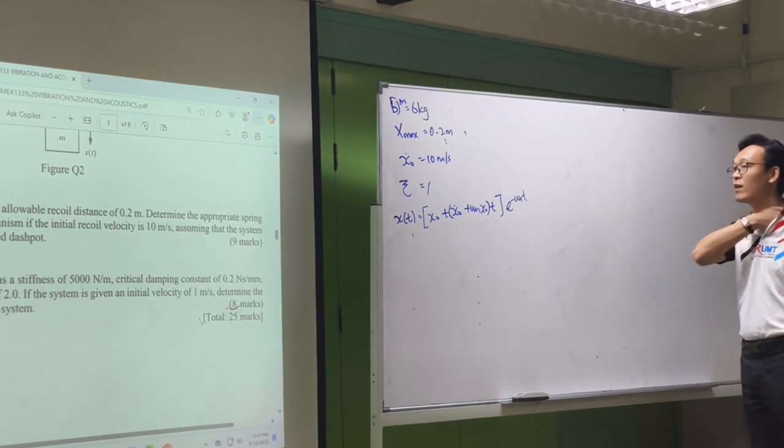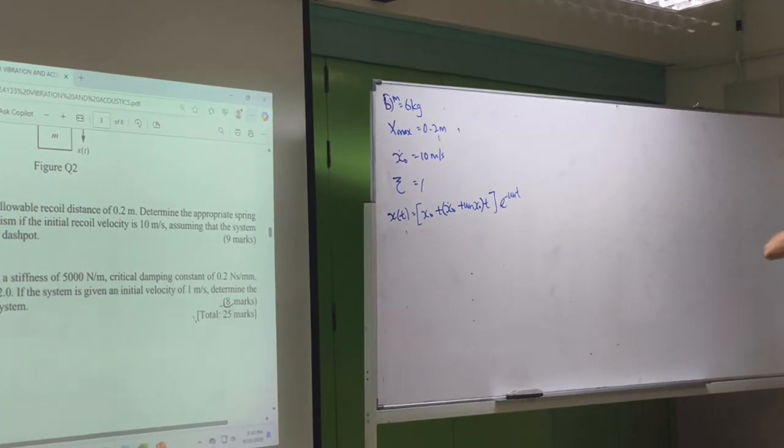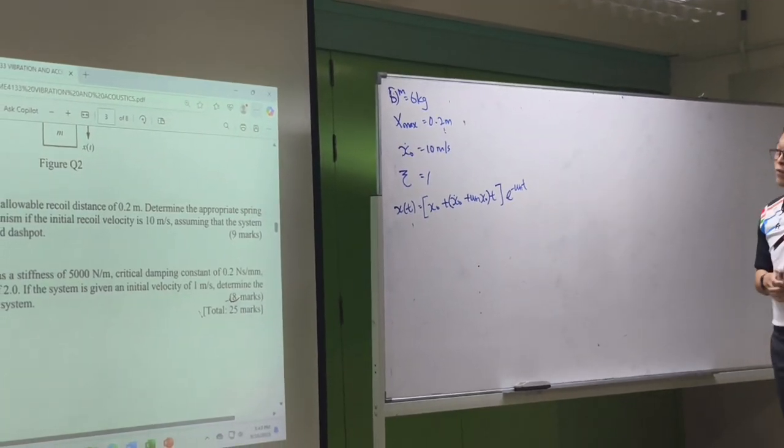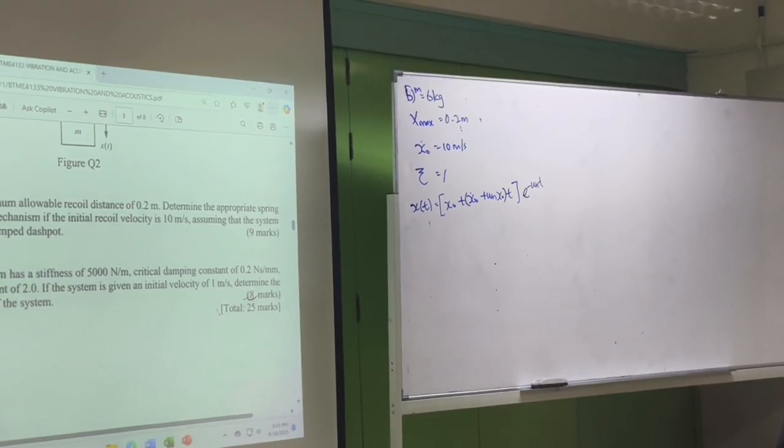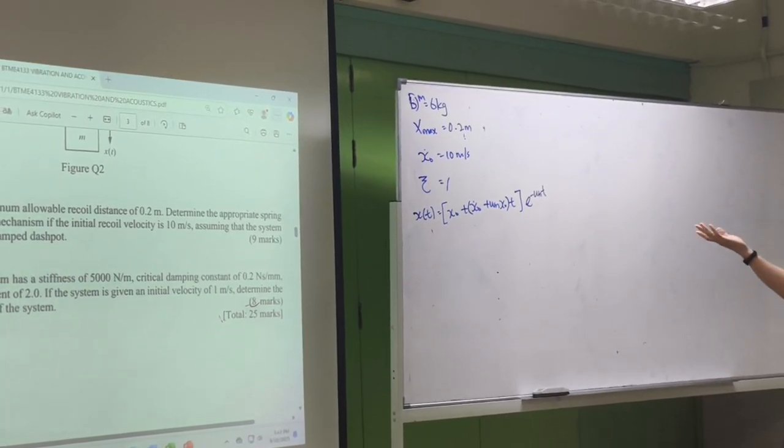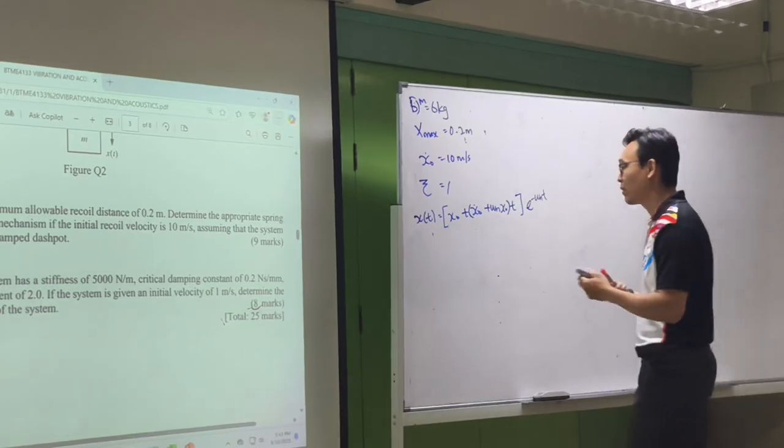How do we get the maximum value? I simplify first. The initial recoil velocity is 10, so the recoil displacement is 0. So I simplify to